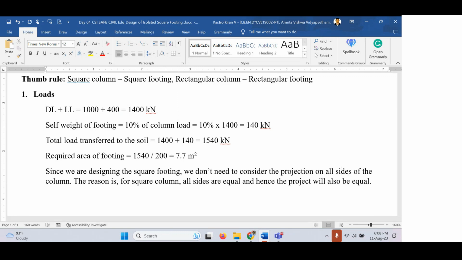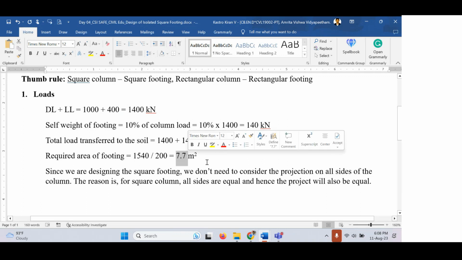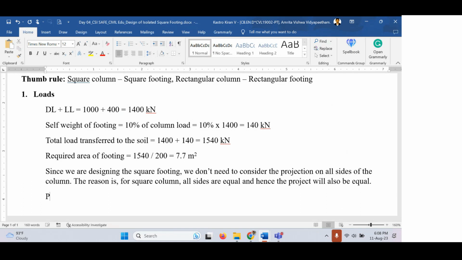So on all sides, right? Now how do we calculate the length and width of the footing? We can calculate it as the square root of the area. Square root of area will give the length and width of the footing. So let's say, providing a square footing, we are designing the square footing, that is length of the footing equals width of the footing equals square root of,